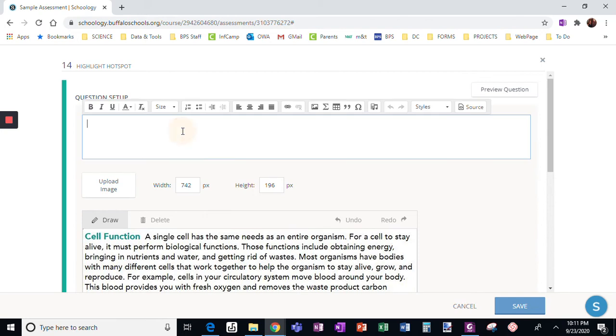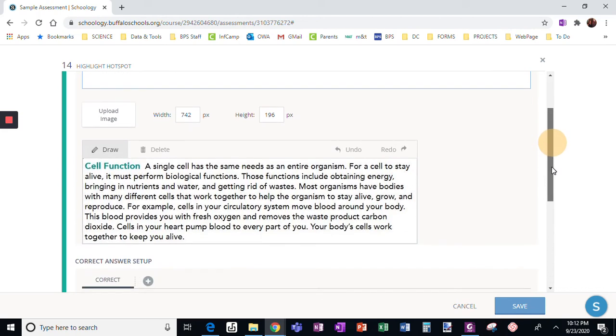All right, so now the question setup is, what is a function of a mitochondria? All right, so now I have to do some analysis, and I'm going to highlight some parts of this text. So maybe obtaining energy is 1, bringing in nutrients and water,